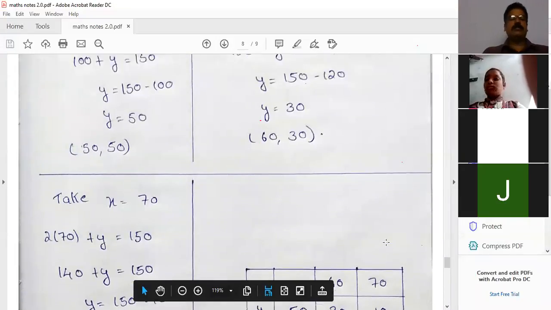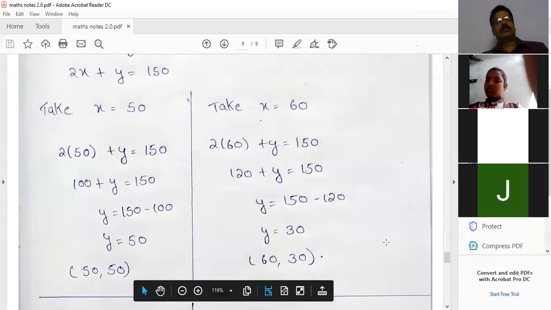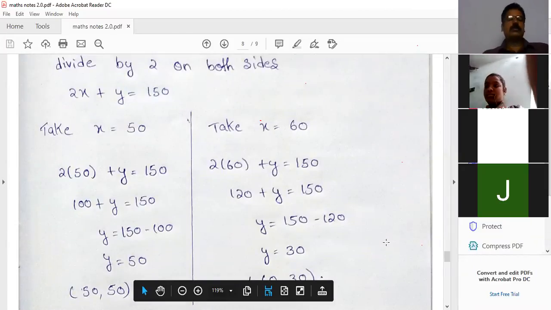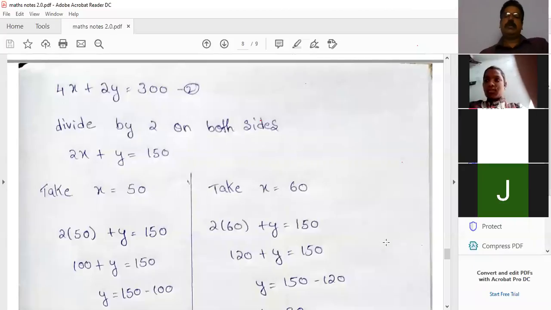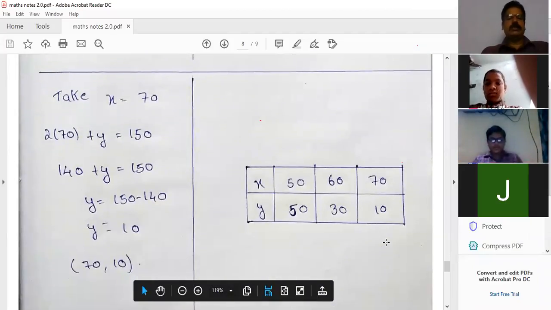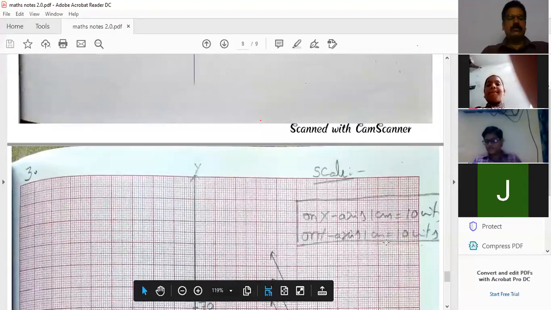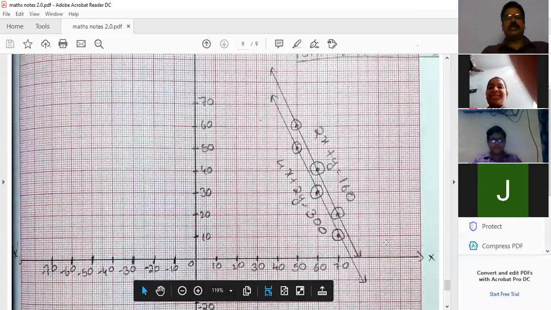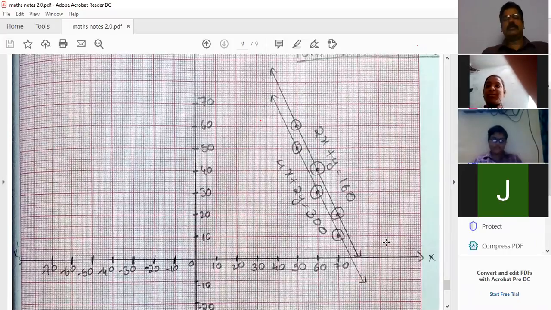Okay, copy it quickly. 1 minute left. Okay, copy it. Less than 1 minute, then automatically it will end. No problem. You can complete the 3 graphs, the solutions you got. Once I show the graph also. Show the graph, sir. We'll take a screenshot. See, here's the screenshot. Okay, sir.